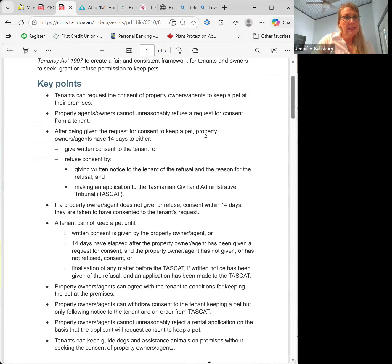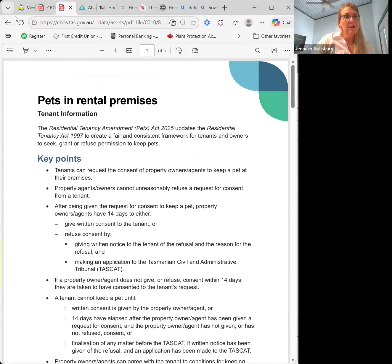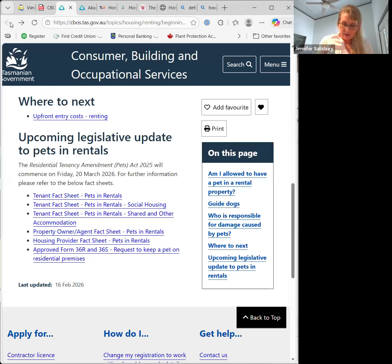Key points. Tenants can request the consent of property owners' agents to keep a pet, and owners or property agents cannot unreasonably refuse a request for consent. Yeah, you've got to really dive into this. This is about to be real. In fact, March 20th, 2026, you've got